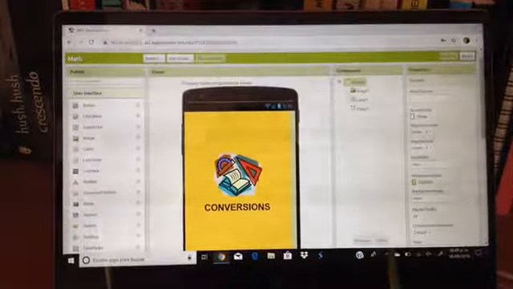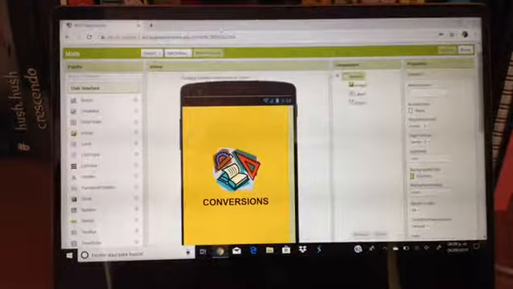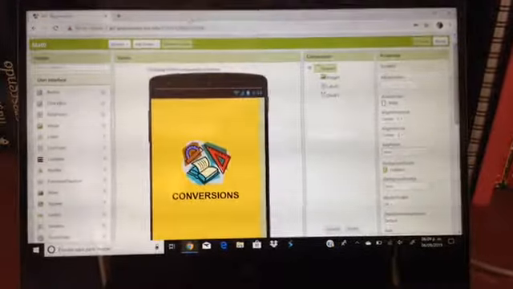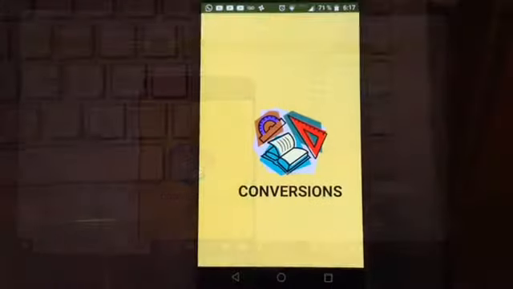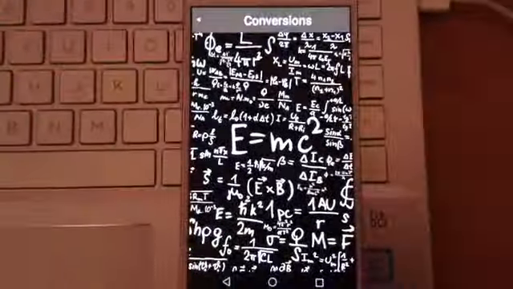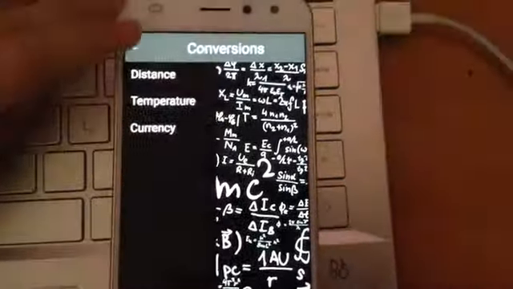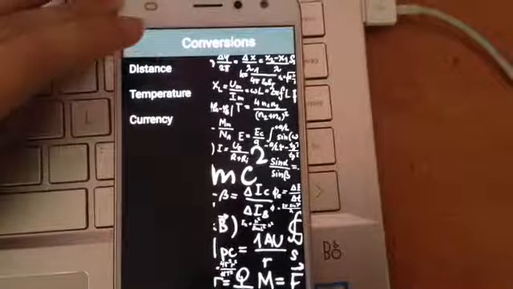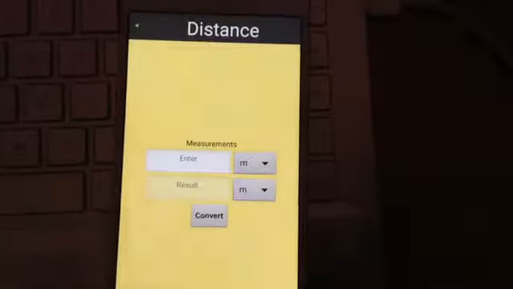Today we are going to talk about conversions. First of all, you have to have your Android device and connect it. It has to show us a cover screen, and this lateral menu. So when we click, for example, distance, it has to show us this